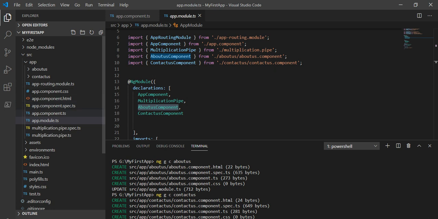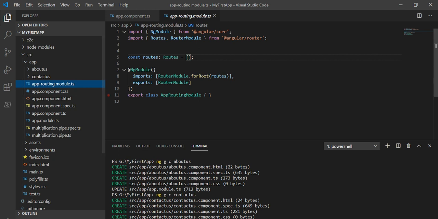So where is that root file? This is the app-routing.module.ts. Basically this is generated when we created our Angular project. It asked, do you want to create the routing? At that time we said yes, so that's why this is automatically added. In your case, if you are using a version less than 7, or while creating the project you didn't say yes, then with the given command you can create this routing module.